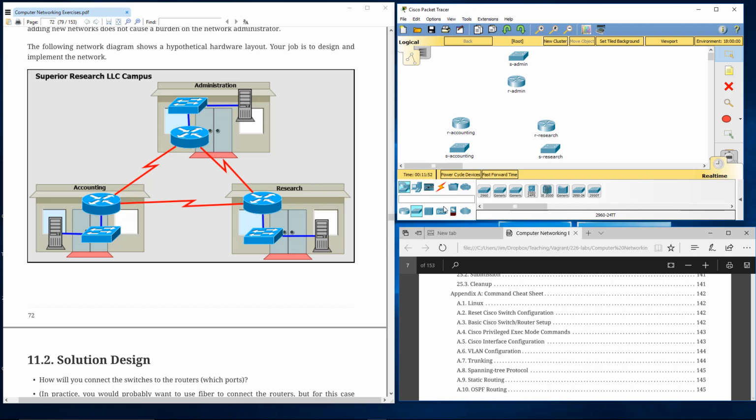I'll add my end devices. I'll just put 1 PC per network just to do testing. I'll use these just to make sure that routing and everything is working. I'll call this PC admin,